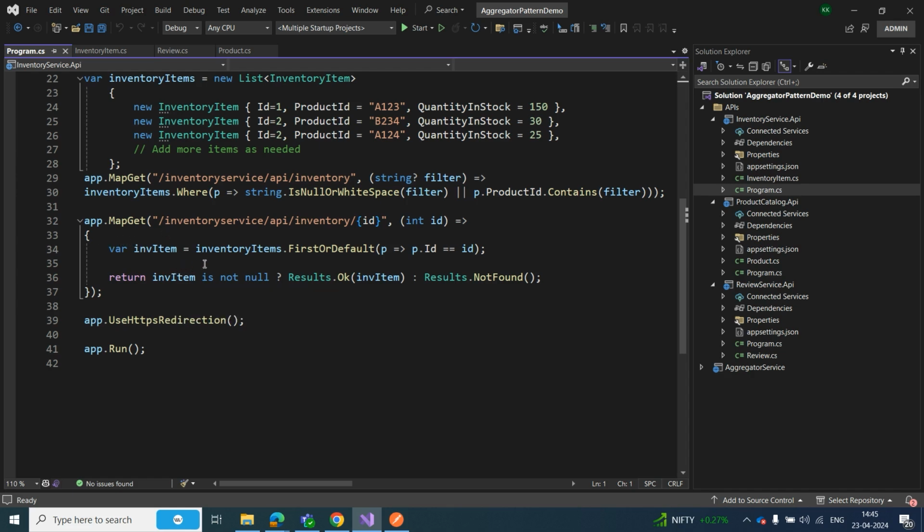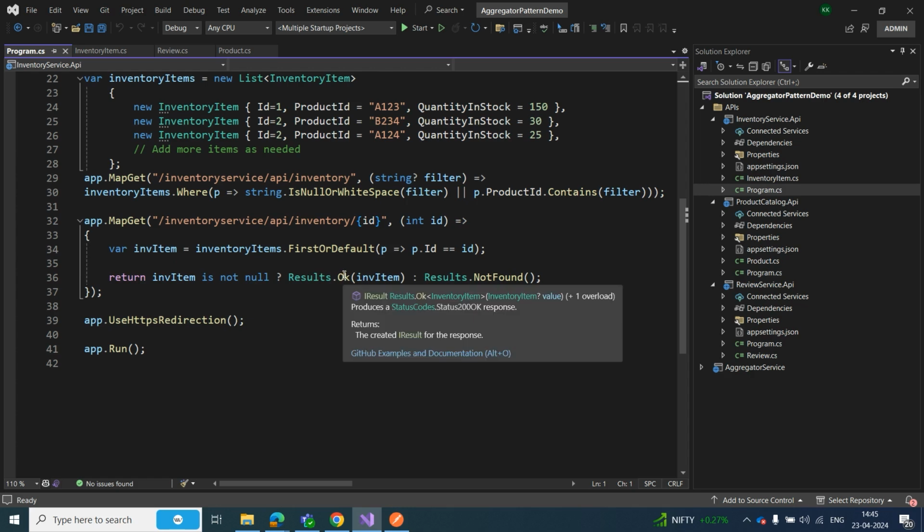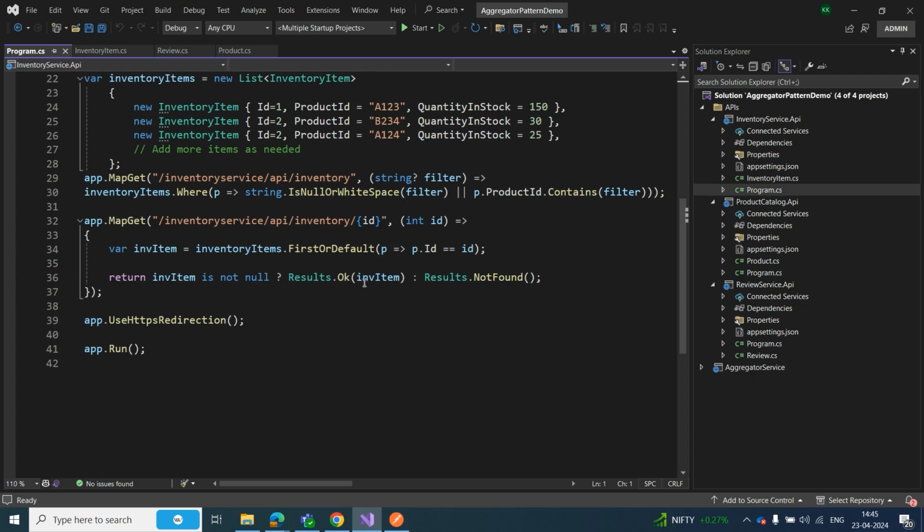It takes the ID parameter from the URL and searches for the inventory item. If the item is found, it returns Results.Ok. Otherwise, it returns a not found response. The UseHttpsRedirection, of course, redirects HTTP requests to HTTPS. That is a security best practice.